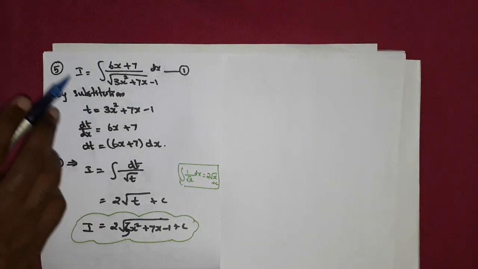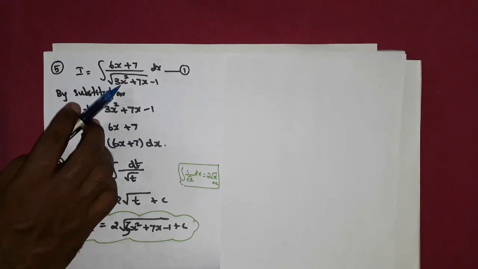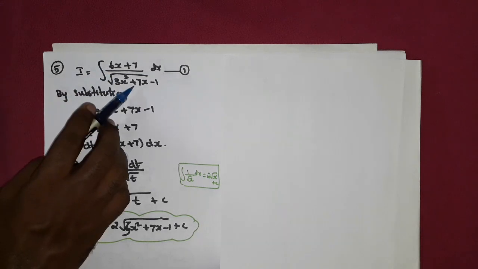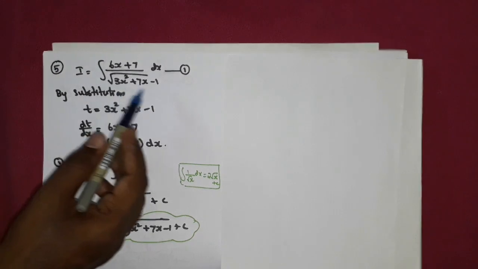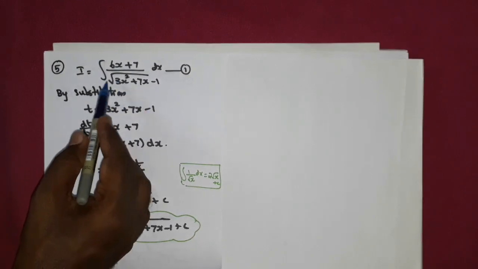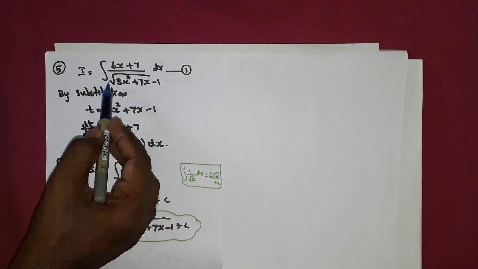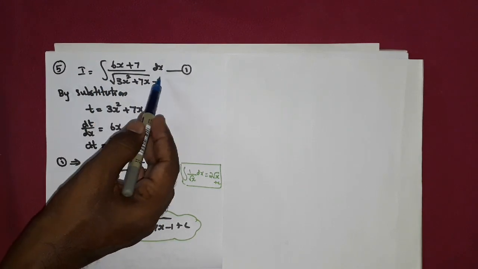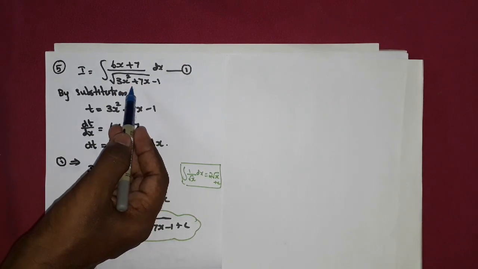So now the question is, in this integral, do you see a function and derivative? Yes. 3x square, when you differentiate this, you get 6x, right? And plus 7x, when you differentiate, you get 7, right? But this function lies within a composite function, that is root of 3x square plus 7x minus 1. So the function lies within another function, the square root function. So the innermost of that is 3x square plus 7x minus 1.